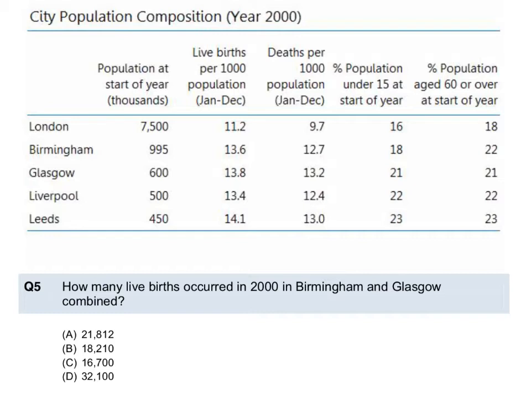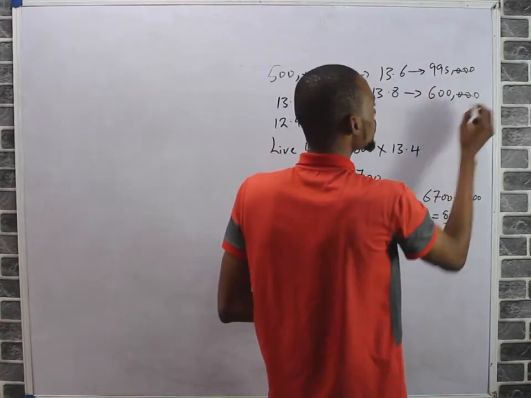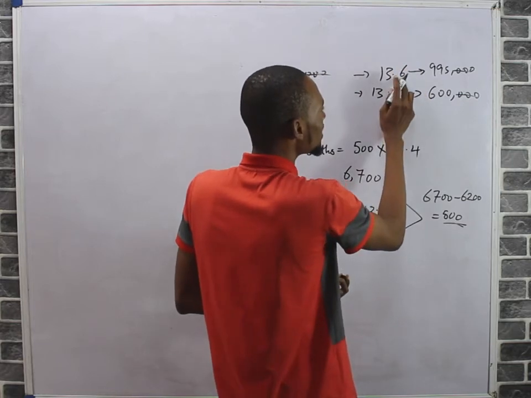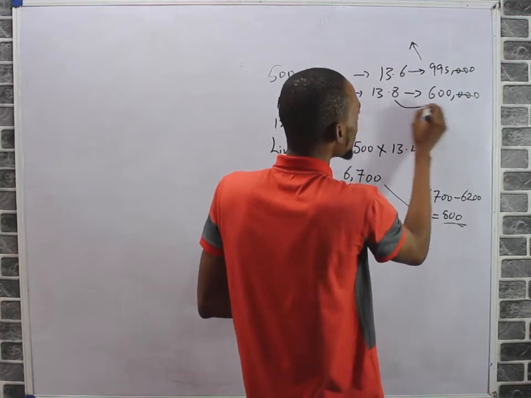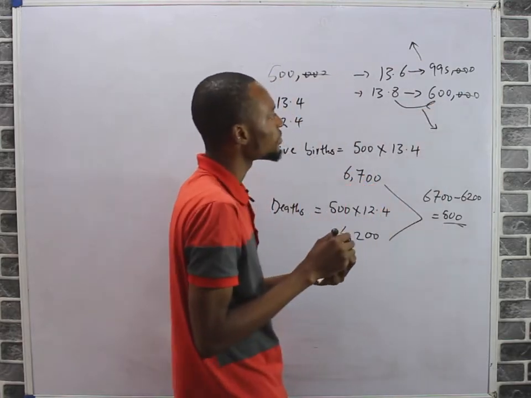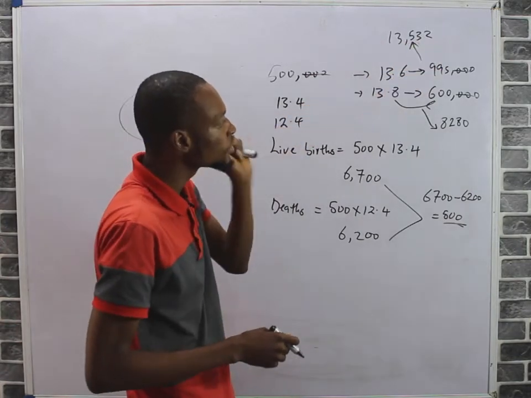In Birmingham, we have 995, and in Glasgow, we have 600. Since these are live births per 1,000, meaning divided by 1,000, this goes. So the actual birth here is 13.6 times 995, and the actual one here is 13.8 times 600. This is 13,532, and this is